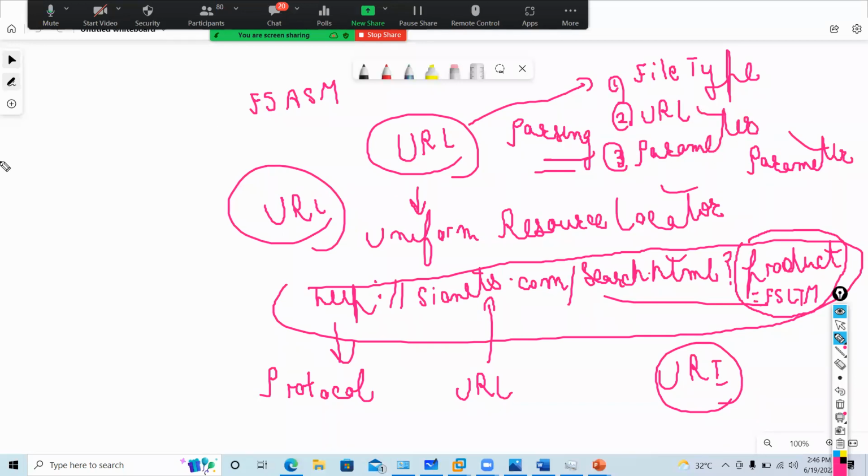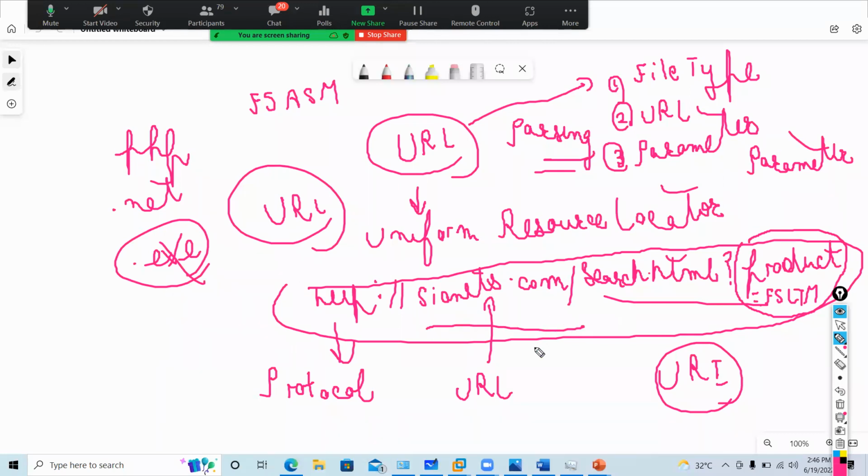So I want to protect, let's say in my organization, I only want to allow PHP, .NET. I don't want to allow the exe file type. So that can be protected by a web application firewall. I want to say that I only want to allow sianets.com, google.com, my websites. All other websites, F5 should block. So you should know what is URL, what is file type, and what is parameter, guys. If you know all these things, then you are good in ASM.